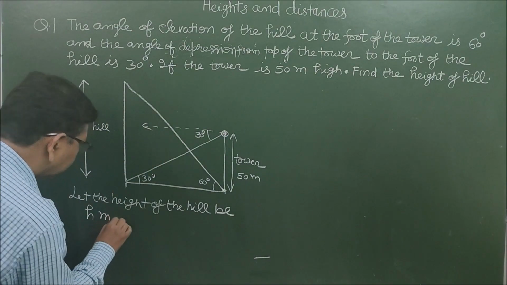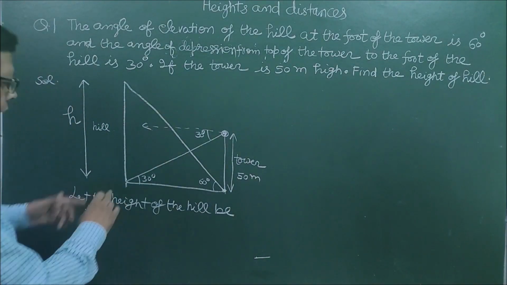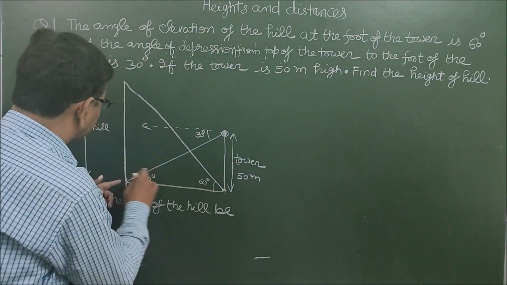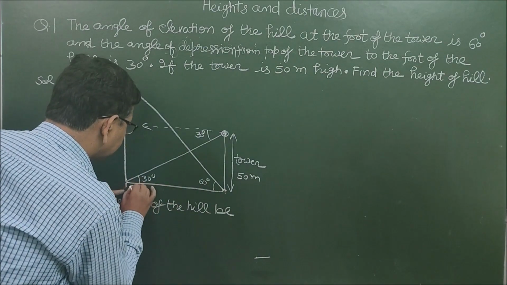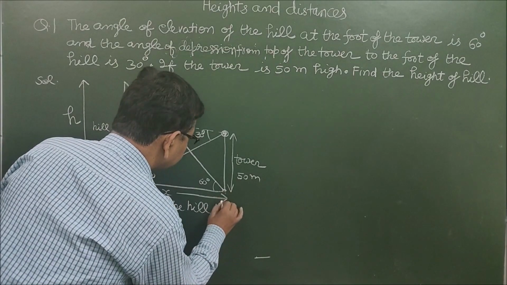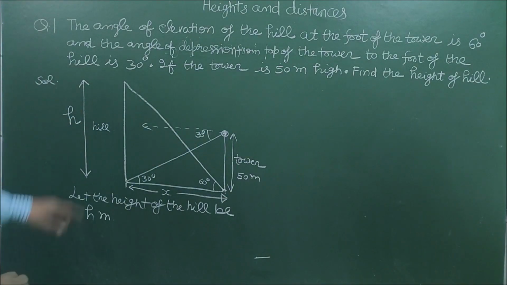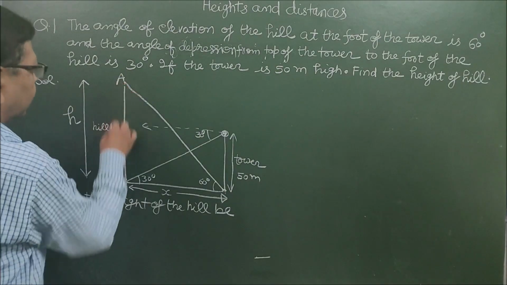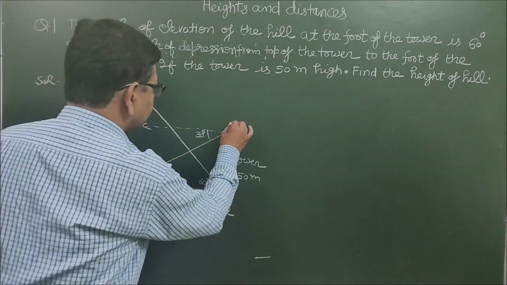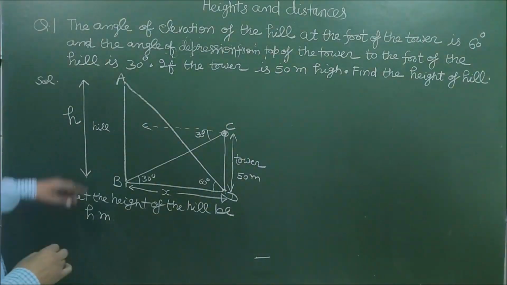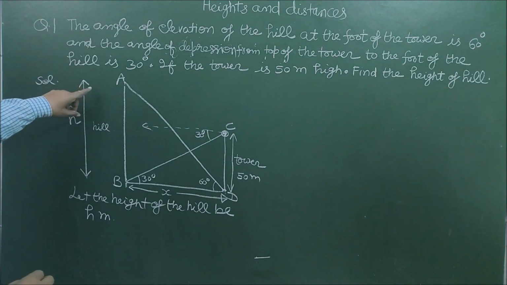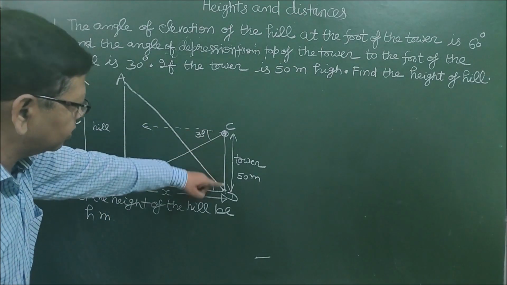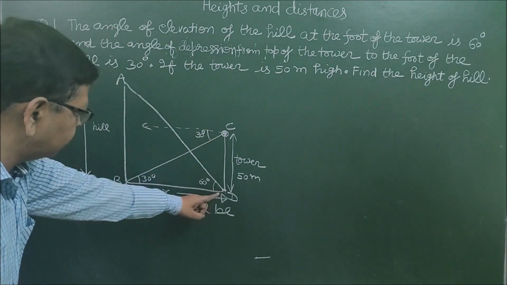H meter. Now let the base, the distance between the tower and the hill, be x meter. Let this be x. So now let us denote the hill by AB and tower by CD. Now let us first consider this triangle CDB, because this height is known to us and we can calculate the base,